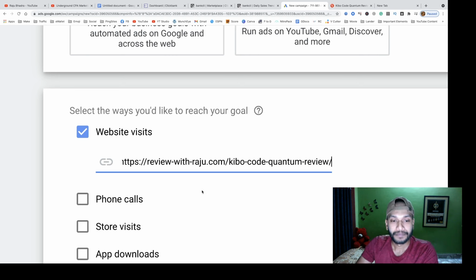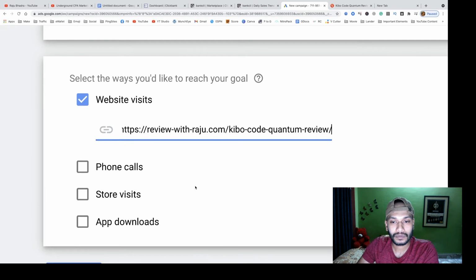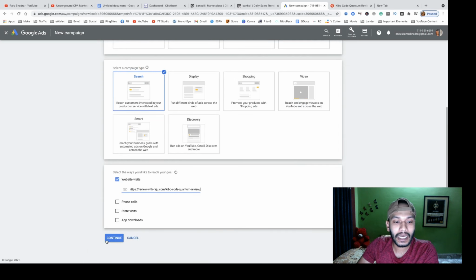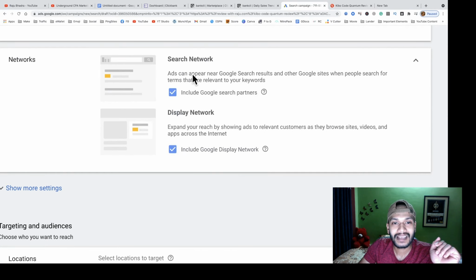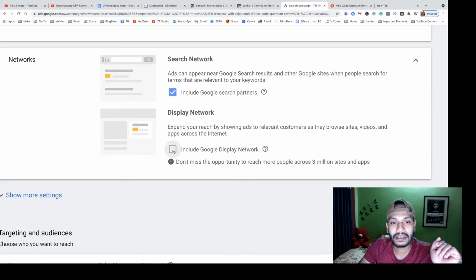That's it. Then click continue. You have to choose your campaign name. Just choose the search network and deselect the display network.